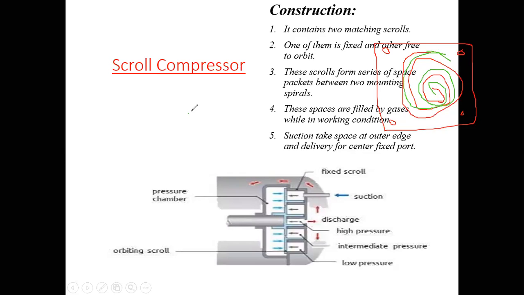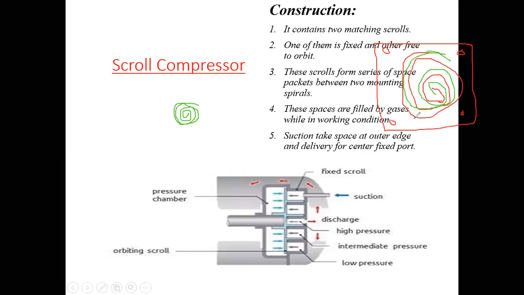If there is motion about this point like such, then it is called a rotating motion. And if the motion is like such, where it just orbits around this fixed spiral, such type of motion is called orbital motion. So there will be orbital motion.